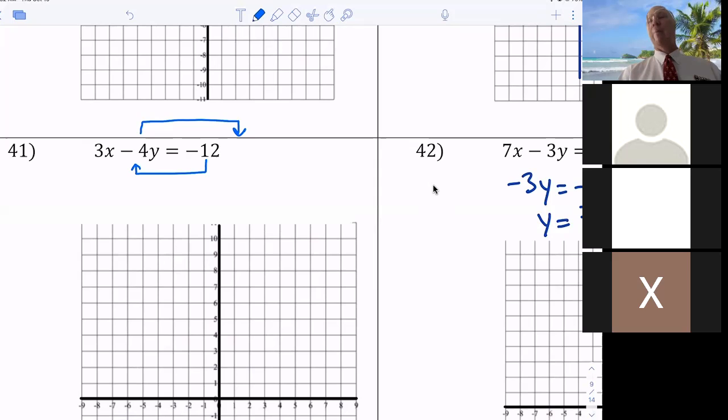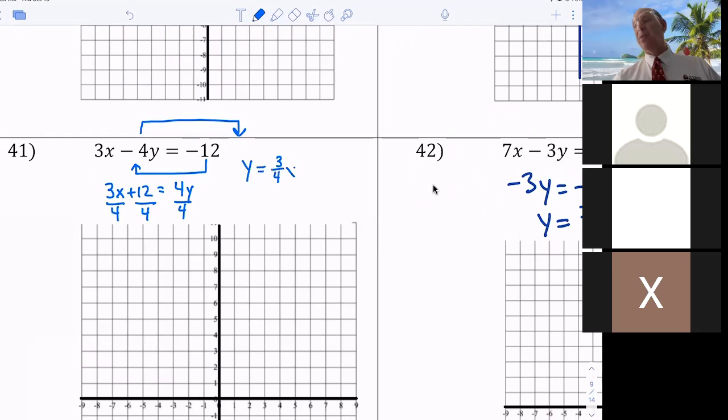Positive 12. So I want everybody to be able to tell me that's 3x plus 12 equals 4y. Slow down. 4y. Is everybody okay with that? And now I have to divide everything through by 4. So mentally, we can do that, but I'm just going to make sure I get it right by dividing everyone by 4. So now y equals 3/4 x